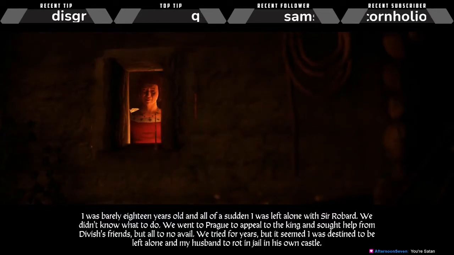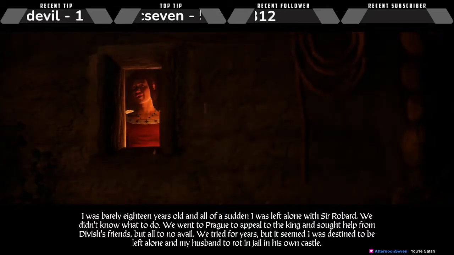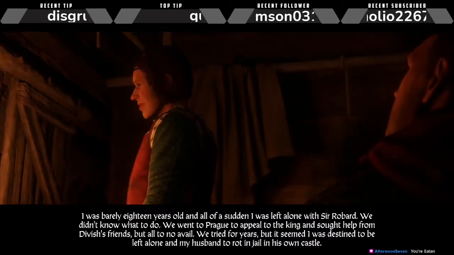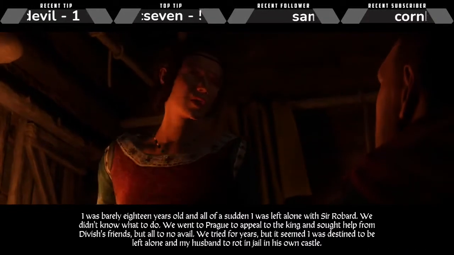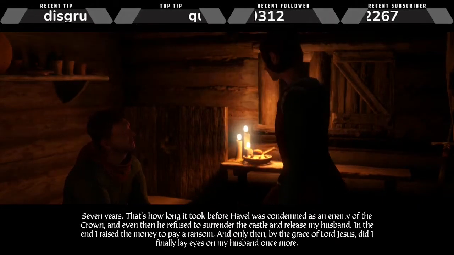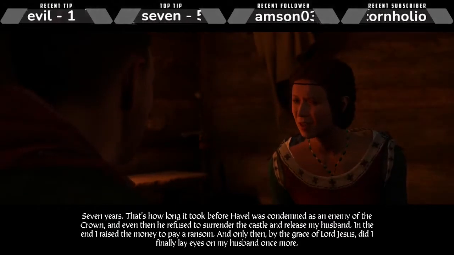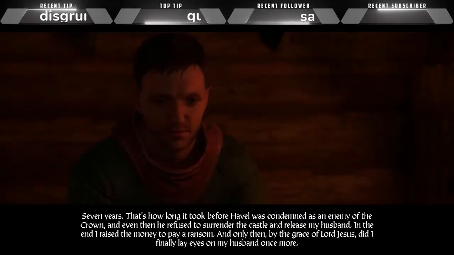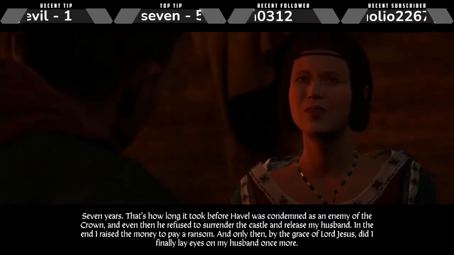We went to Prague to appeal to the king and sought help from Divish's friends, but all to no avail. We tried for years, but it seemed I was destined to be left alone and my husband to rot in jail in his own castle. Years, you say? 7 years. That's how long it took before Havel was condemned as an enemy of the crown. And even then, he refused to surrender the castle and release my husband. In the end, I raised the money to pay a ransom, and only then, by the grace of Lord Jesus, did I